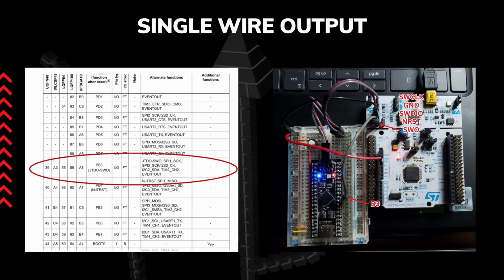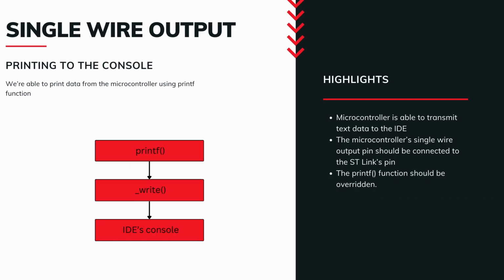To enable this, we must first find the pin in the microcontroller that's responsible for this function. Here on the slide there is a screenshot from the datasheet showing that the SWO capable pin on my device is PB3. The other photo shows this PB3 pin connected to the ST-Link SWO pin. After the hardware connection is done, we'll have to configure the software. Specifically, we'll need to enable the feature in the IDE, which I'll demonstrate later in the coding section,